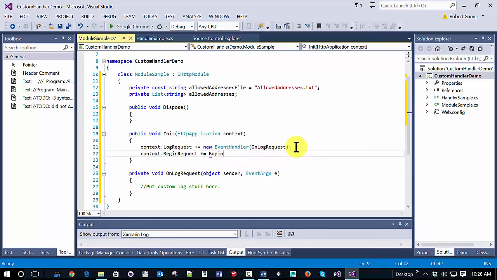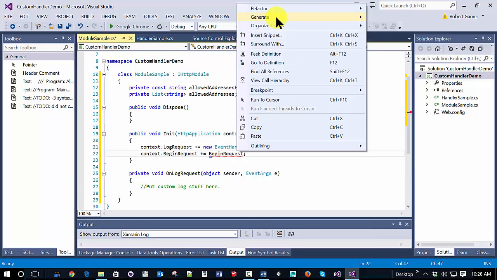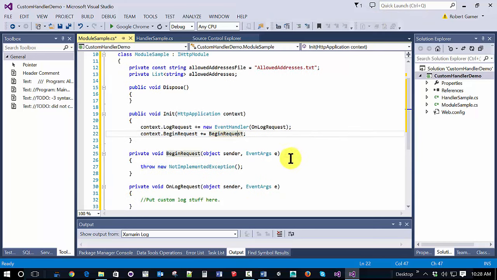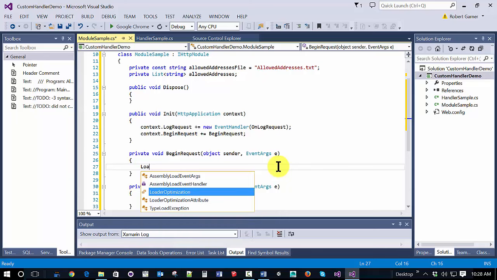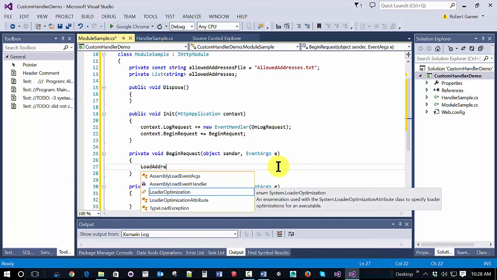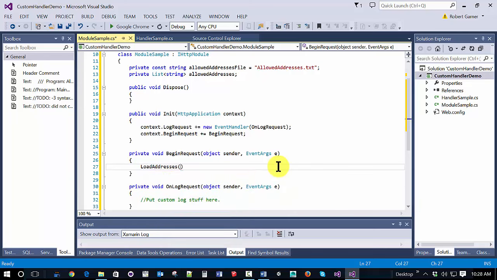And we're just going to stub out again a method. I'm just going to provide its name and generate the method stub. So now I have this begin request, and then the question is, what do we want to do? Well, we probably want to load some addresses, so I'm going to stub out a method